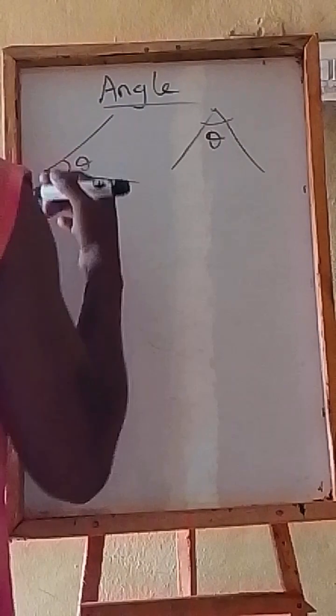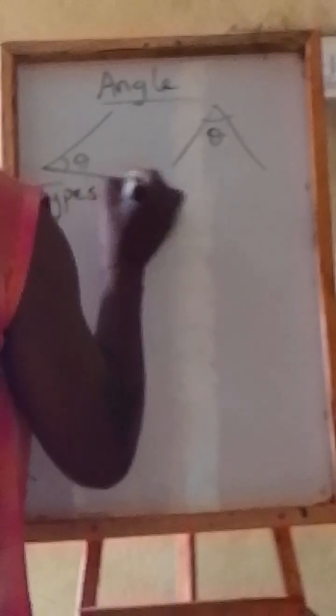Angle. An angle is formed when two straight lines join. We have two straight lines and they meet at a point. They form an angle. So the types of angles that we have,